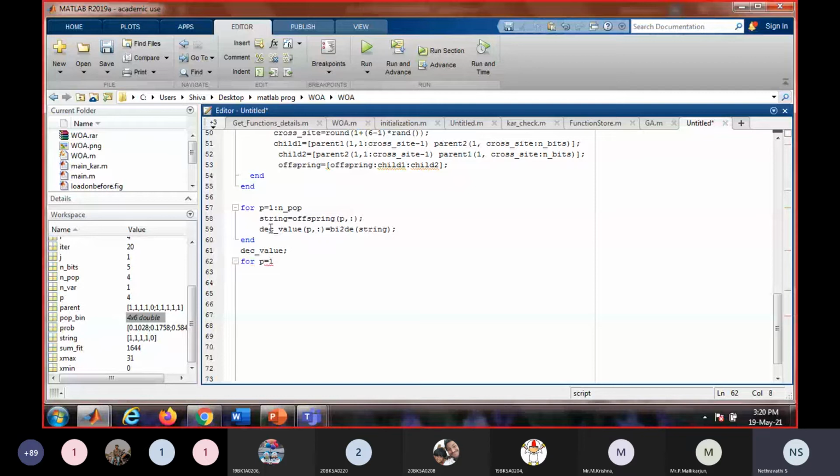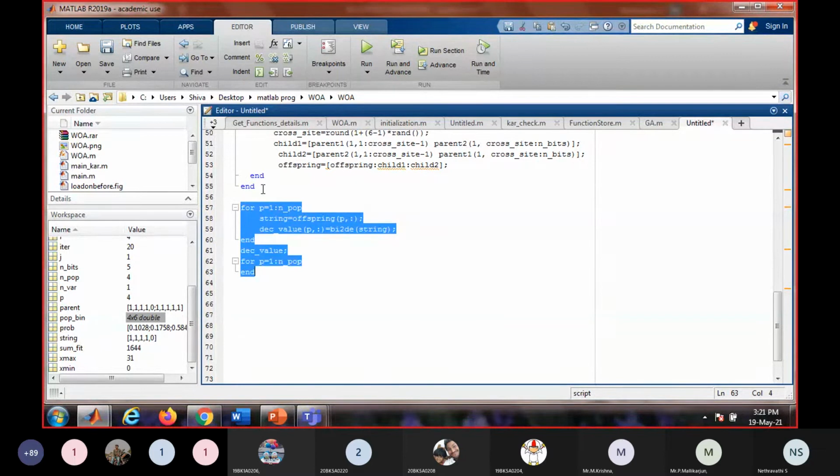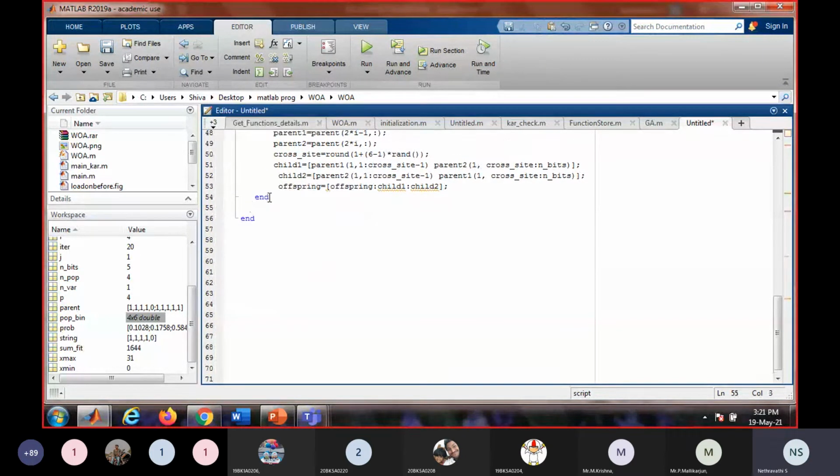So we have to write code for checking that also. Oh, okay. One second. All these have to come inside the main for loop. Okay.